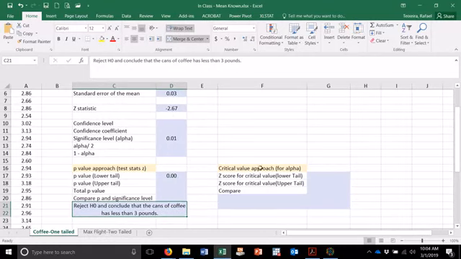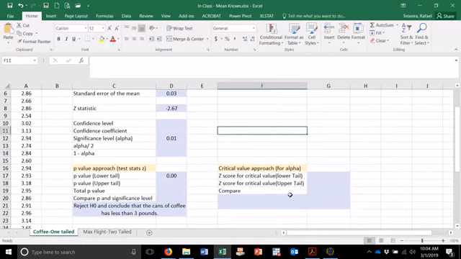Now we can go to the critical value approach. With the critical value approach, we have to find a z critical for this alpha level. So what is the z critical associated with this alpha? Because it's a lower tail, I only do it for the lower tail, I don't have to do it for the upper tail. So for the lower tail, what I have to type is equal